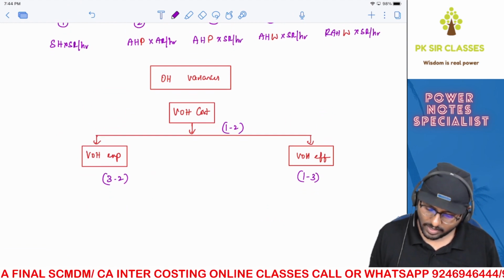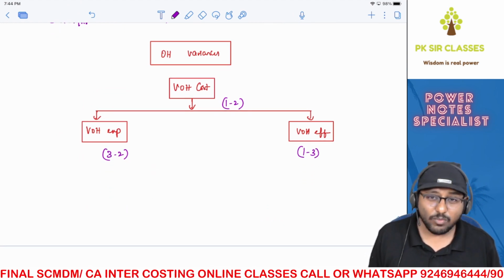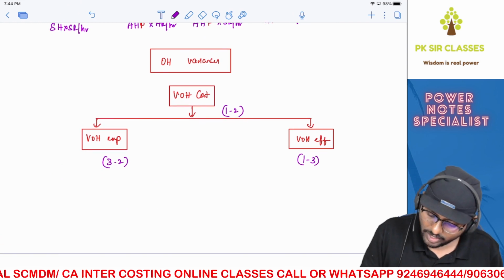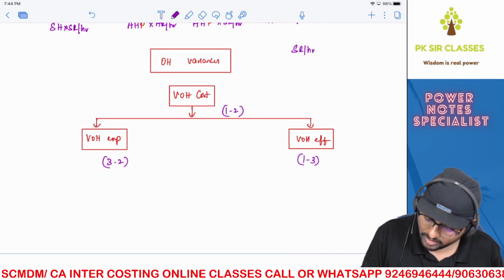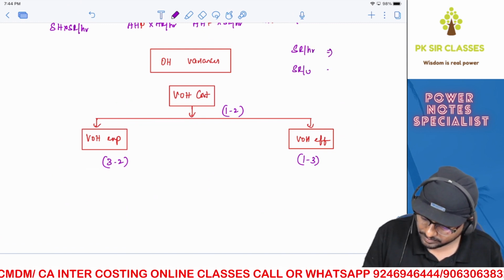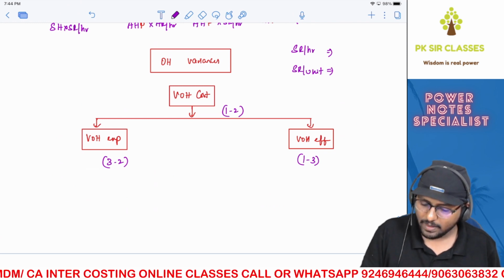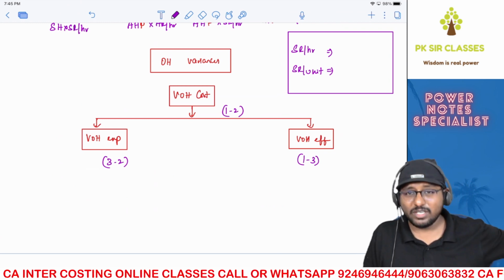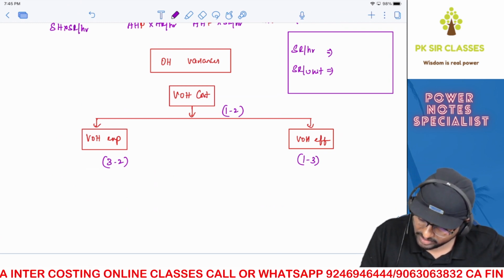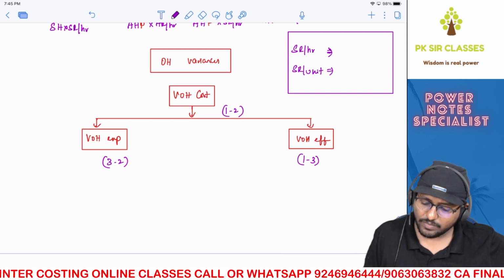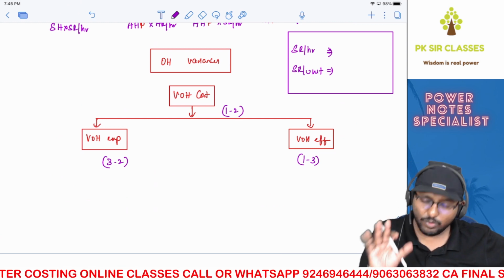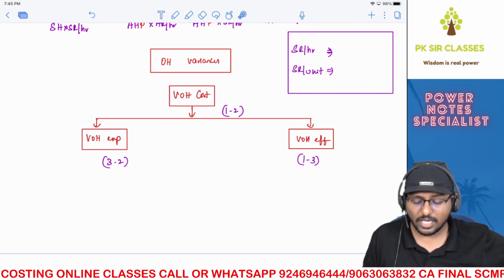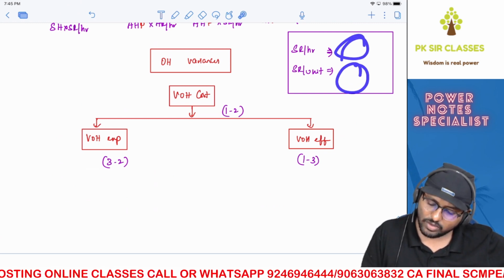You got the point? Now, one thing that you need to understand, the moment you come to overhead variances, whether it is variable overheads or fixed overheads, one thing that you have to do is find out SR per hour and SR per unit. This is compulsory. Now, sometimes this will be given in the question. Sometimes you need to calculate yourself. Nevertheless, whether it is given in the question or you have to do it yourself, first you put it over there. If it is given in the question, then copy paste the numbers over here and then do the rest of the variance calculation. If it is not given in the question, then you calculate by putting the formula.